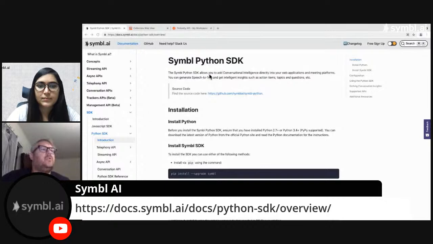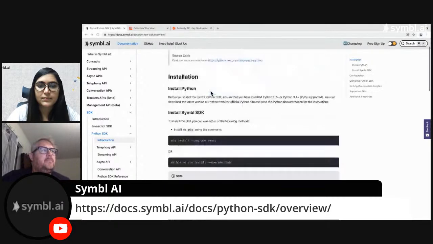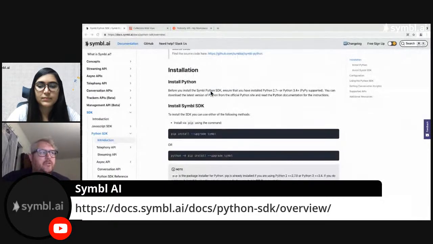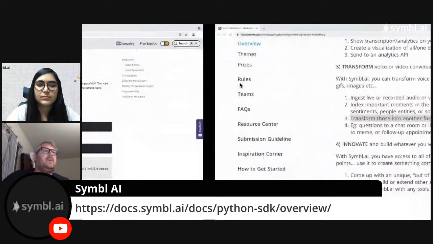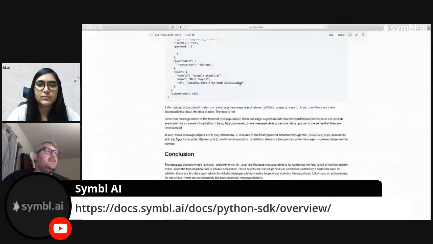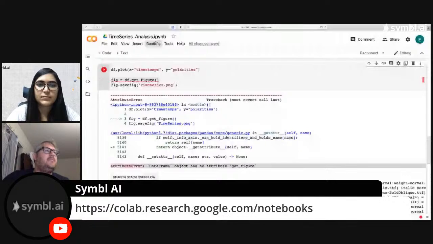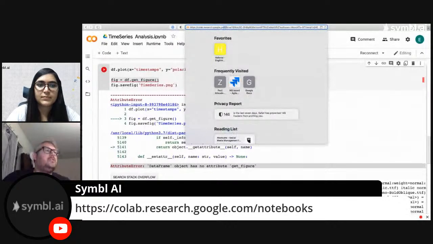So the first step in the Python SDK is to install the SDK. A lot of people have their own particular environments. The environment that we're going to use today is a Colab document. So if you wanted to access this Colab document,